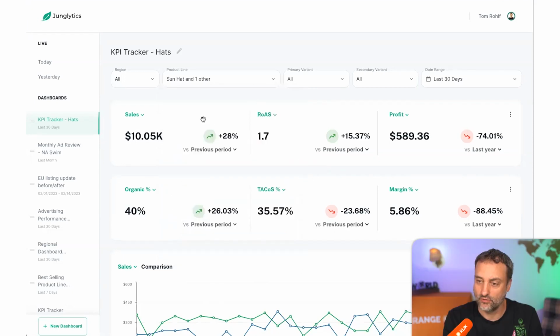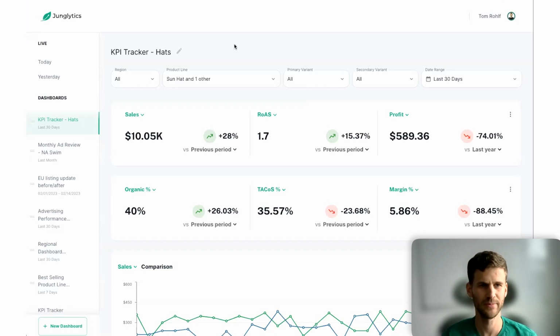Here you can also name each product with a nickname, right? These are not real names of the product. So during the setup process, when you sign up for Junglytics, you'll connect your Amazon SP API credentials as well as your Amazon advertising credentials. Then you'll be able to download a catalog and upload alias names for your product titles, as well as COGS data to get accurate profit analytics.